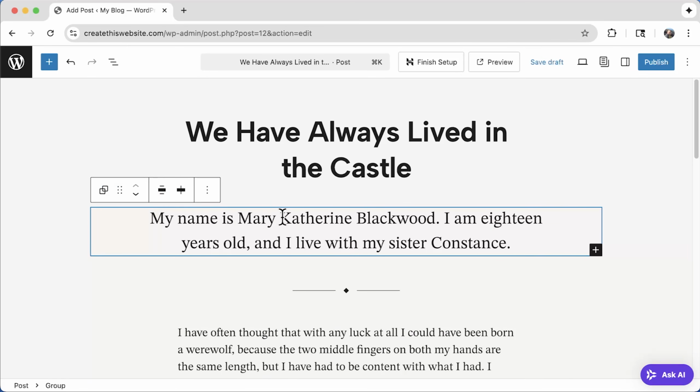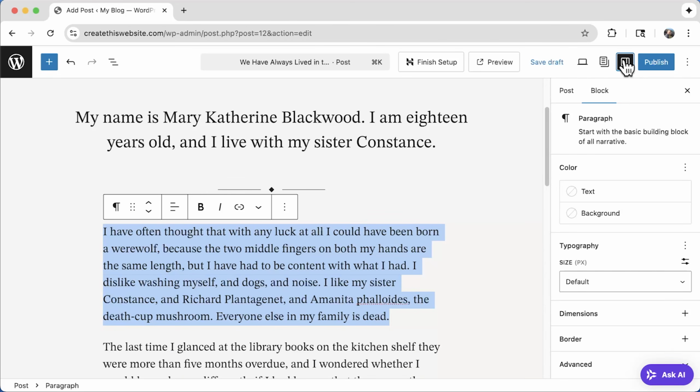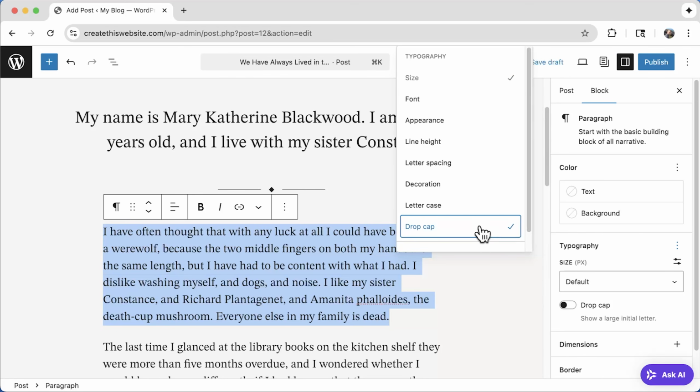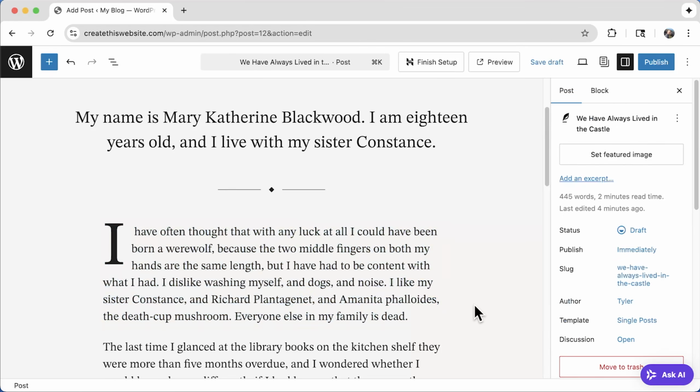Next, let's try to get a drop cap in here. I think that'll look pretty cool. Let's just click on it and let's go up here and we can click on these 3 dots right here and we can go to drop cap. Let's turn it on and we got it. All right, let's check our blog. Maybe if we scroll down a little bit,